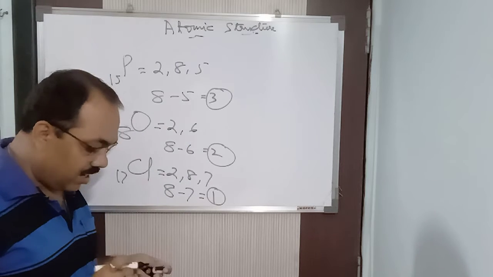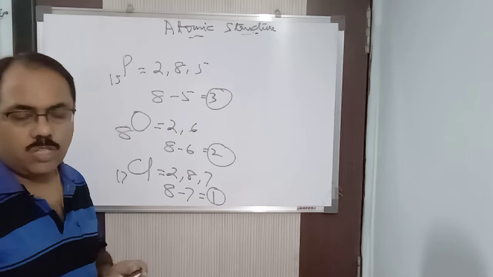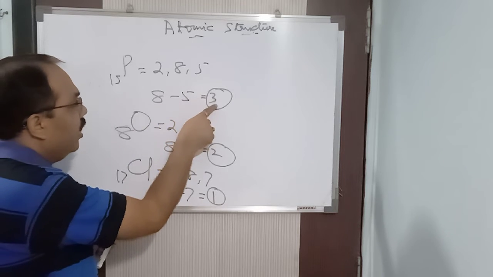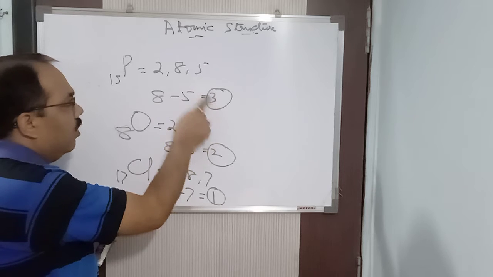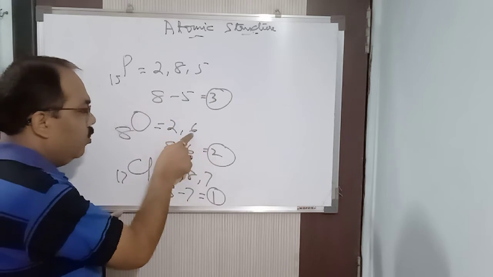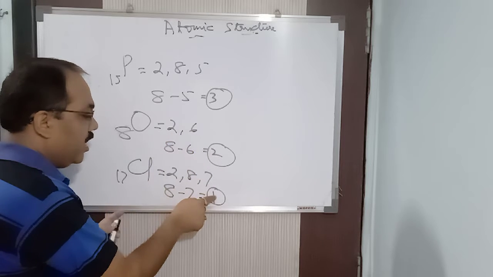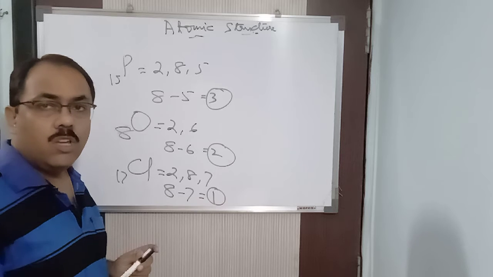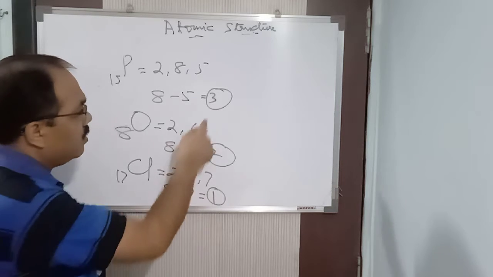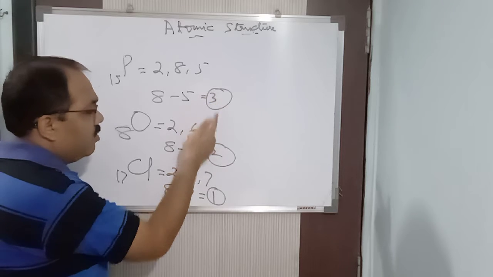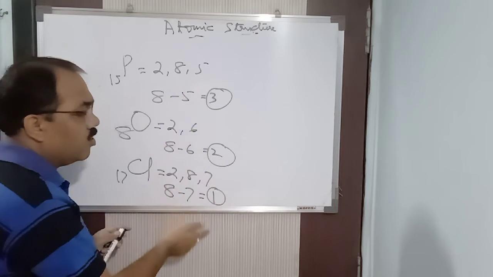Or more precisely, if the charge is asked, then they are electronegative in nature because they are gaining electrons. It has to gain 3 electrons to attain 8. It has to gain 2 electrons here to attain 8. It has to gain 1 electron to attain 8. It is gaining 1 electron, 2 electrons, 3 electrons. So correspondingly, its charges, not valency, its charges, are what? Minus 3, minus 2, minus 1. So hence they are electronegative in nature.